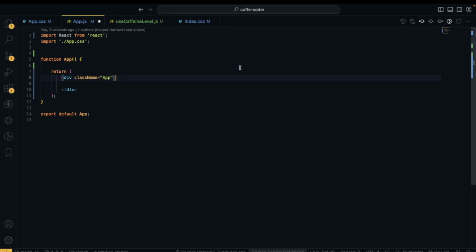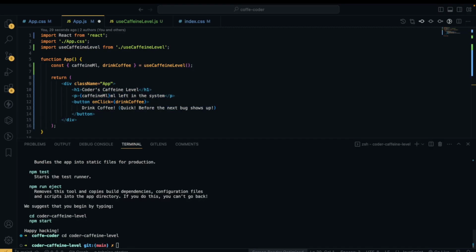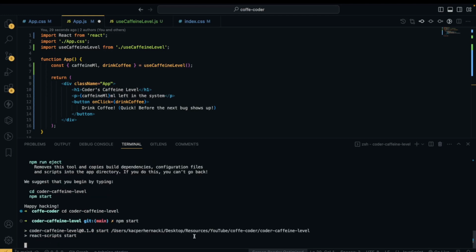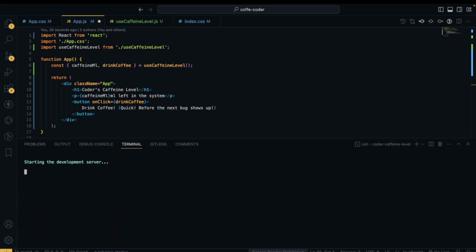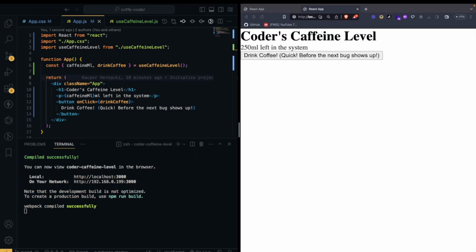Now we will call our hook in the App.js file by destructuring the returned values from the hook. We will also add the button for the drinkCoffee function and some header and paragraph. Let's start our application. So we run the server and wait for the result. Our super ugly website is showing the coder's caffeine level, the milliliters which are left in the system, and the